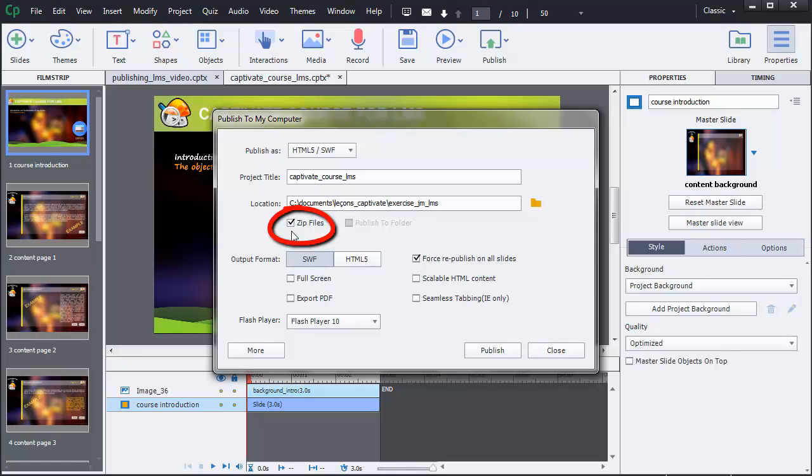Nevertheless, it's possible to upload a course in LMS that is not a zip file, and we usually do that when we consider a course just as an asset or when the course doesn't really require a tracking or report. But it's not the case for this demonstration, and we select the checkbox.